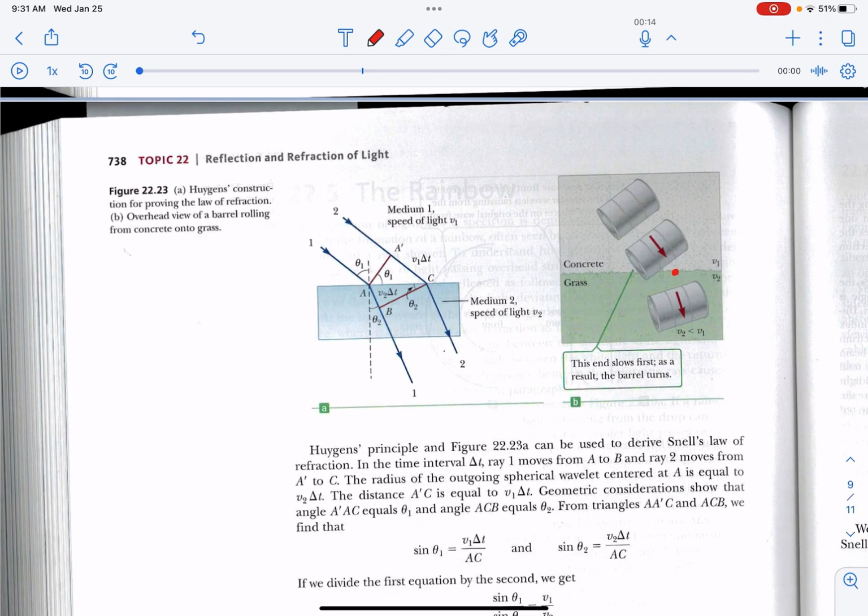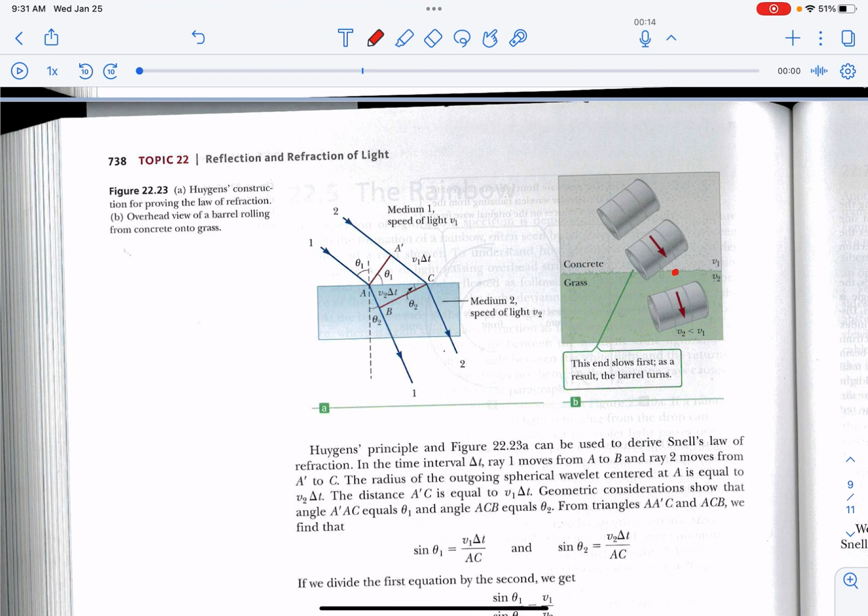And an analogy that supports Huygens' idea of refraction and the slowing down of light as it enters a denser medium, which was the opposite prediction that Newton made, if you remember the discussion, is this barrel rolling across concrete